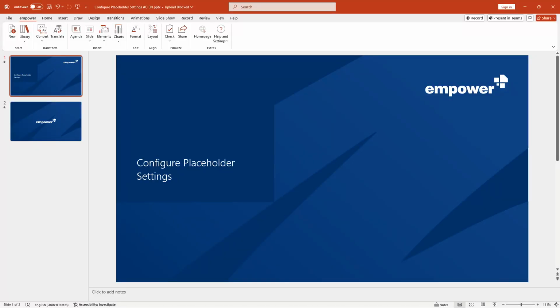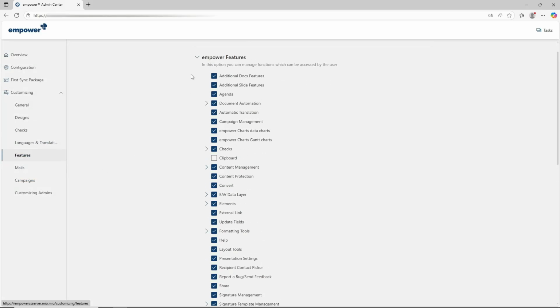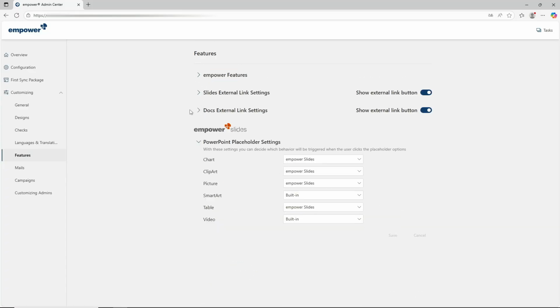In this tutorial, I will show you which settings you can make as an admin in the section PowerPoint Placeholder Settings in the Admin Center. The Empower feature shown here should also be integrated into future versions of Empower and in some cases already in older Empower versions. In the section PowerPoint Placeholder Settings, you can decide what happens when the user clicks on a